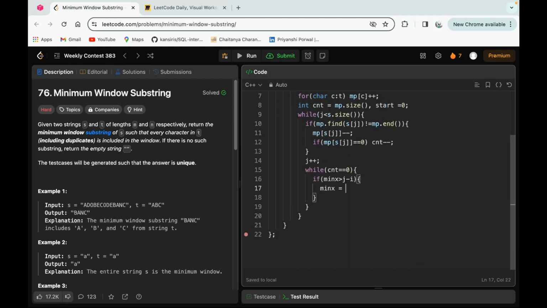So we'll say minx is equal to j minus i, and we will also store the start index, which is nothing but i. And after this, as I said, we have to remove characters from the beginning of this substring, right? So what is the logic for that? I have to keep removing until this count is not increased, that is, the map does not contain any value, right? So then we have to go and consume it, correct? So now what I will do, I will say if